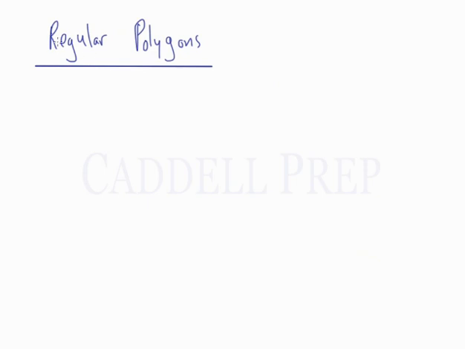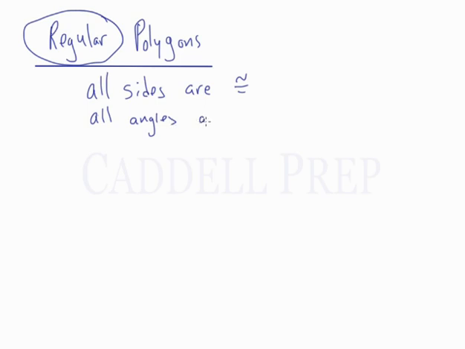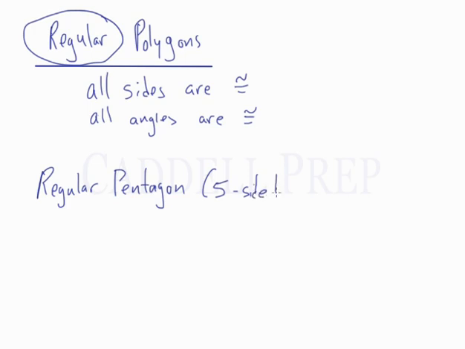Something else we should go over is a regular polygon. Regular means all sides are congruent, so they're all the same length, and also all angles are congruent. So if we had a regular pentagon, so this has 5 sides, so 5-sided polygon,